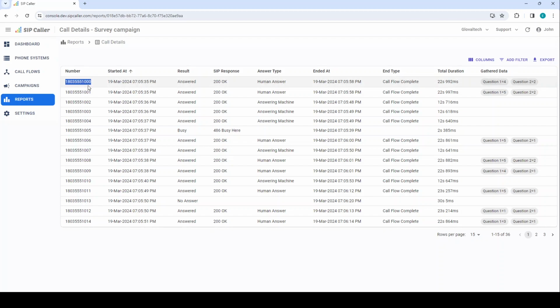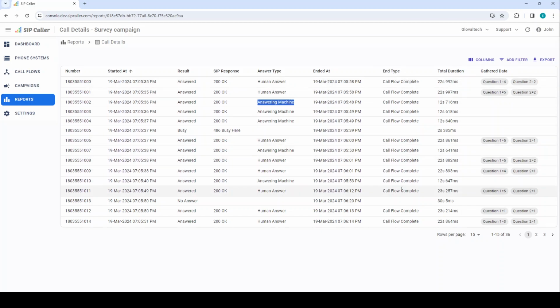You will see the number that was called, the date and time in which the call started, the result, if the call was answered, if the call was busy, if the call was not answered, the SIP status code: 200 okay, busy here, no response here in the case of no answer. In the case of the call being answered, if the call was answered by a human or if the call was answered by an answering machine,